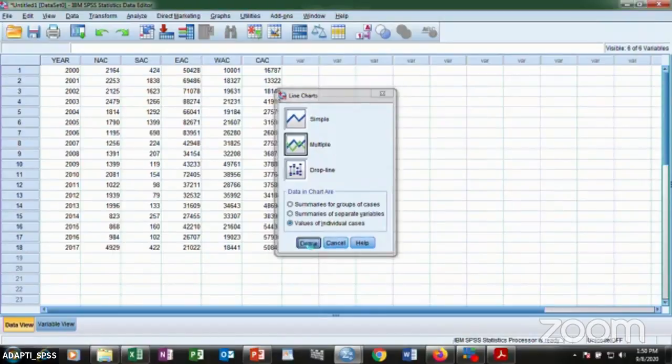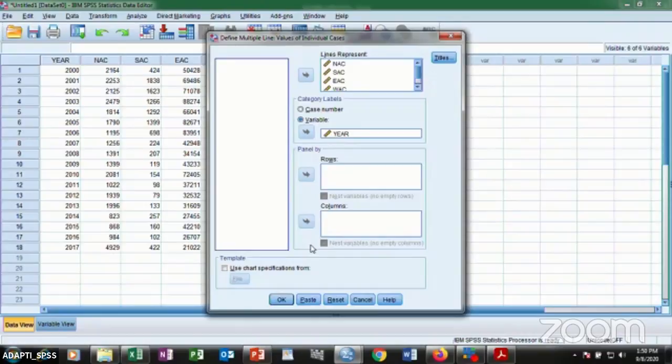Then I say continue. So I put the year, all of them have the same year, 2000 to 2017. That's why I put the year there. If it's checked, you have to check the variable. What is there will be case number. You check the variable so that this can open up to year. So when that is here, you now click